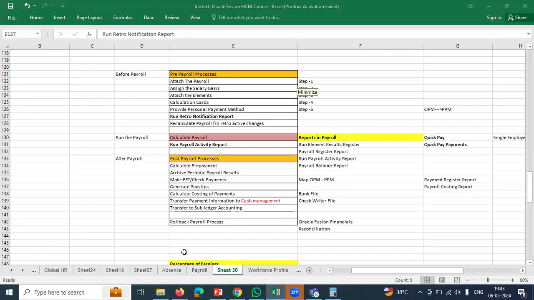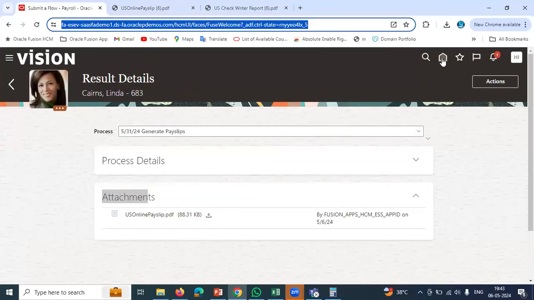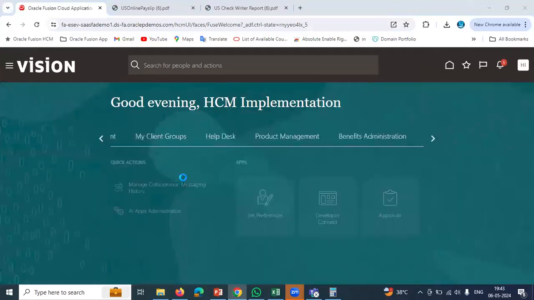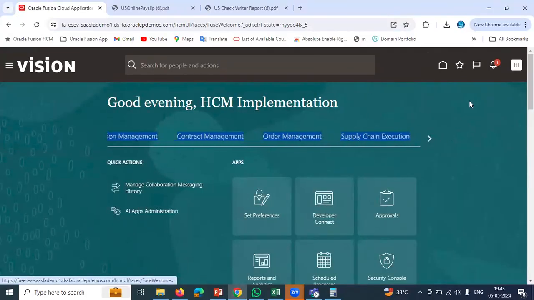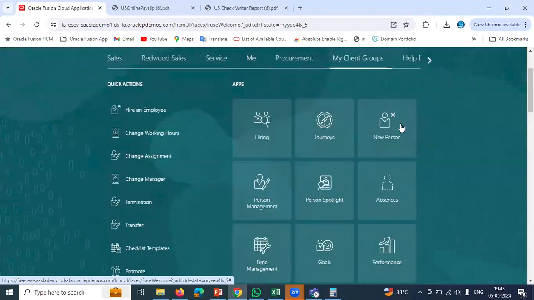Kumar, Krishna. So this generate payslip will generate the payslip in employee self-service also, right? Yes, whatever we run here from the backend as HR. If the employee logs in on the front end and goes to Me, and then to Pay, they can see it. But if HR wants to check all the employees at a time,